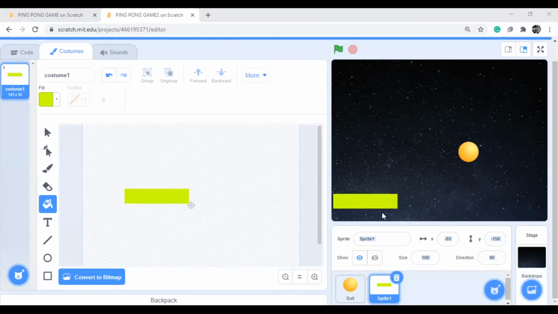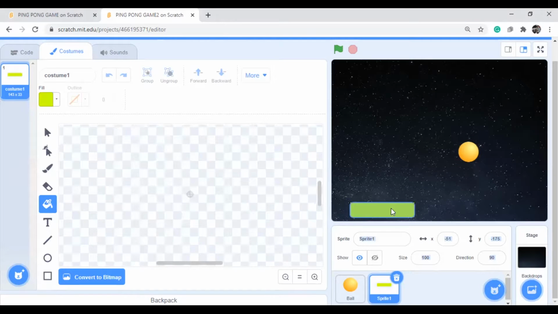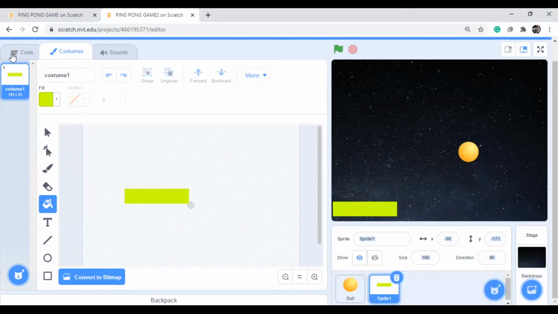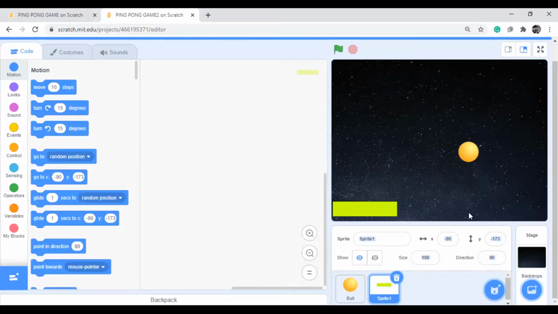Yeah, this one is fine, the yellow color one. And next, I need one more sprite. But till now, here we will do the code.